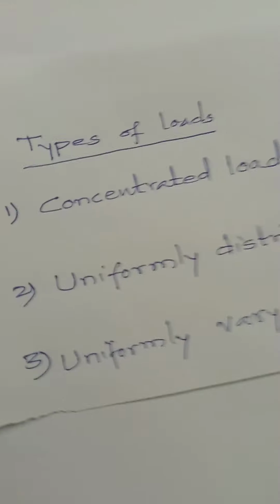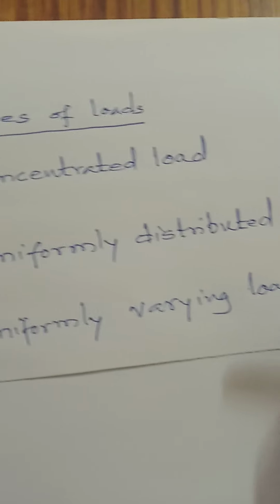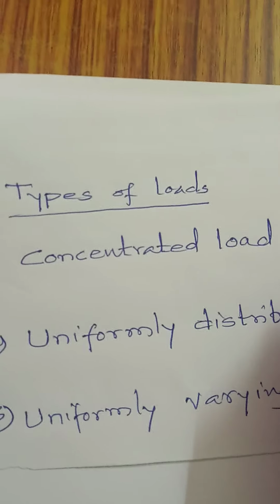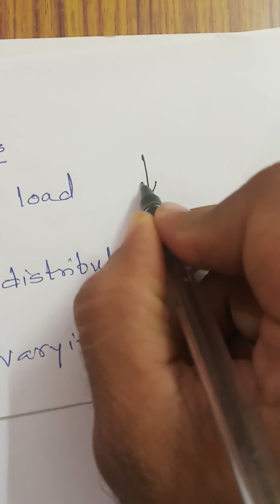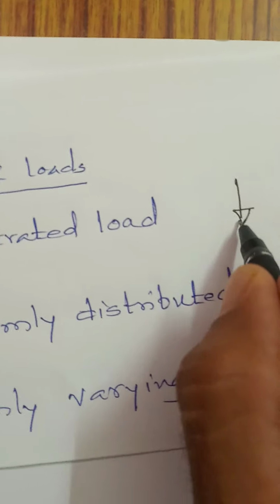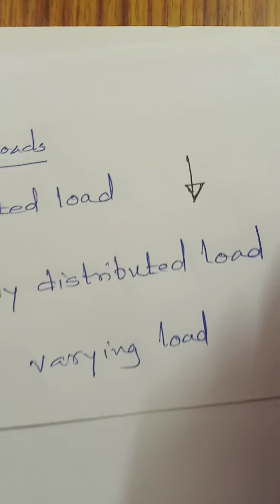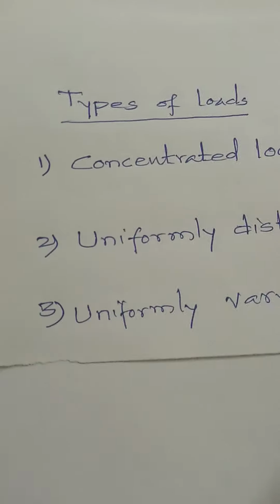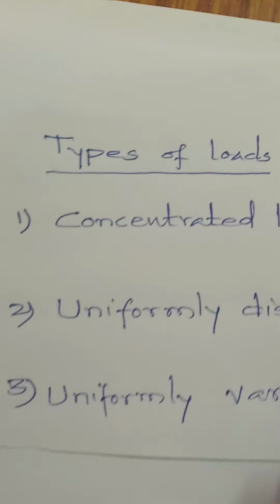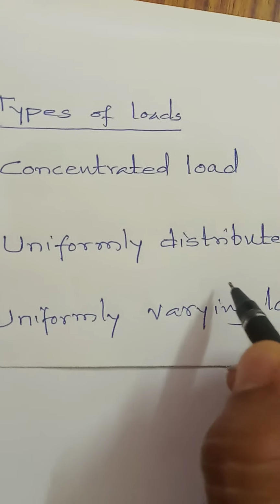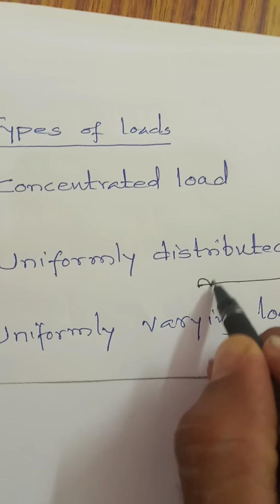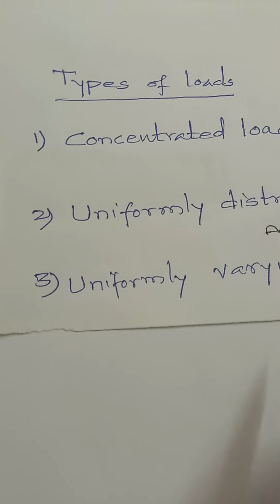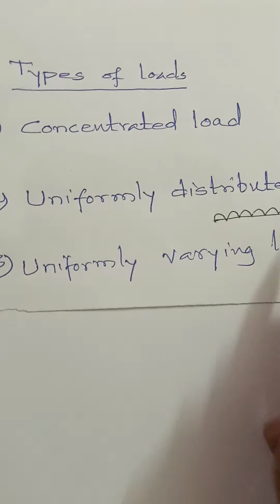So what are the different types of loads we study? So it is nothing but the concentrated load. Concentrated load means it is nothing but having only one point load, or it is shown with a vertical line. It's nothing but concentrated load. Then uniformly distributed load, also called as a rectangular load. It is nothing but a UDL like this. So also called as a rectangular load. So next is a uniformly distributed load is over here.